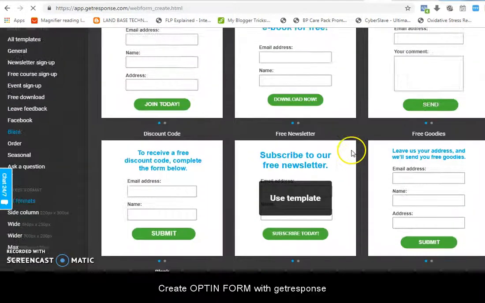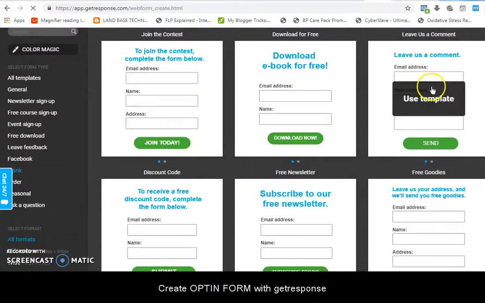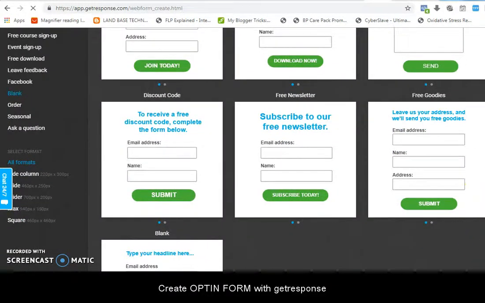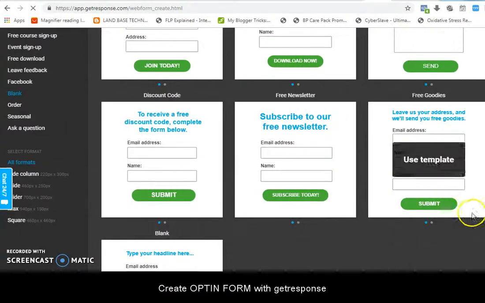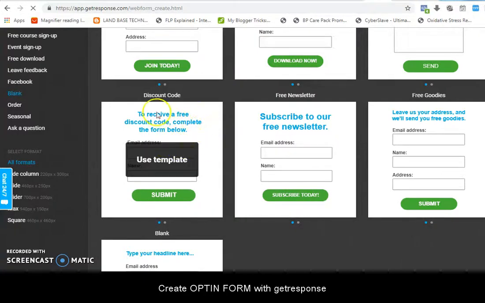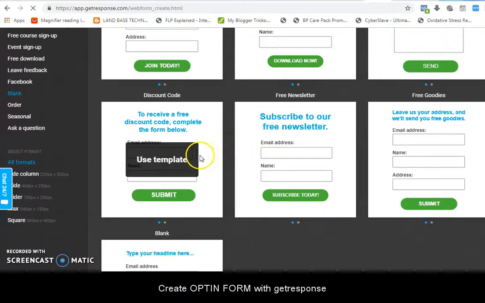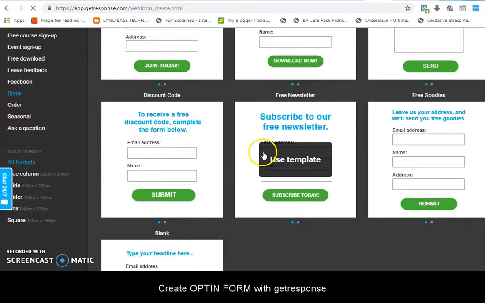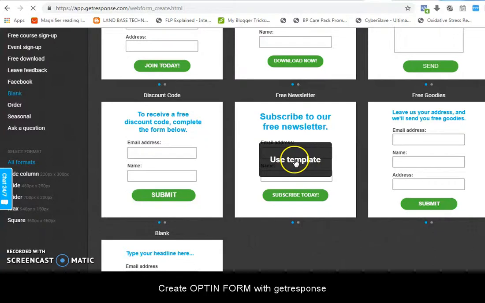This one has email address, name and address, email address, and comments. It depends on what you want to do, but for the purpose of training, I will select either this one or this one that has just two fields, email and name. You just click use template.